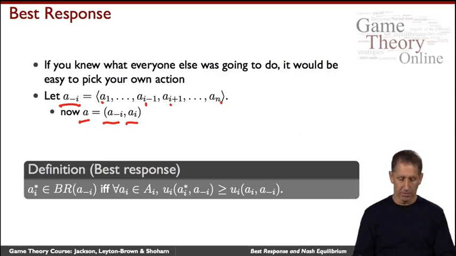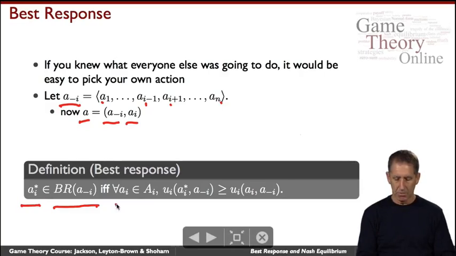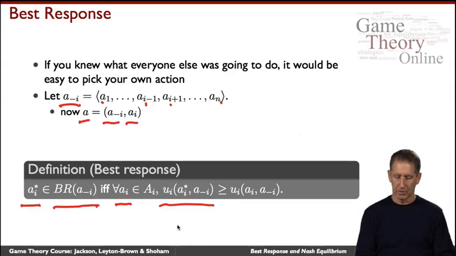With that notation, here's the definition. We will say that your best response, which we'll call A sub I star, it may not be unique, but it's got to be part of the set that we'll call BR, the best response, assuming that all the other agents play A minus I. If it's the case that for anything you might be thinking of doing, A sub I, for all A sub I, it's got to be the case that your utility for playing that, in other words, when you're playing A sub I star and the others are playing A minus I, for whatever it is, has got to be at least as great as anything else you might choose, A sub I. If that's the case, we'll say that A sub I star is a best response.